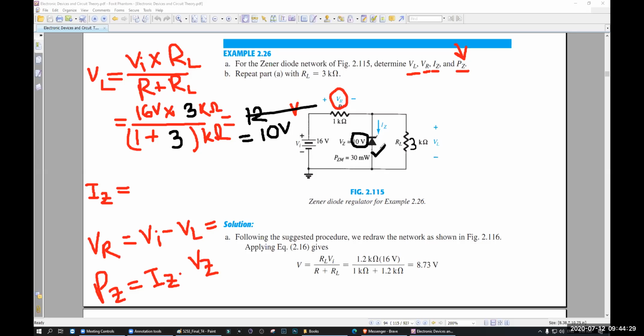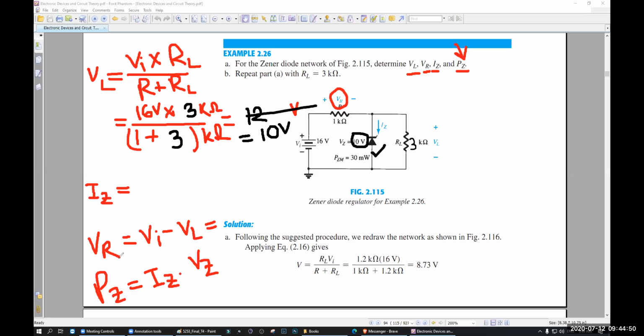Okay? Understand? When the generator is on, you will no longer get 12 volt. You can get less than 10 volt, but you cannot get more than 10 volt here. Whatever the value is coming from the formula, doesn't matter. You will not get more than 10 volt. That's why I cut it and write 10 volt.